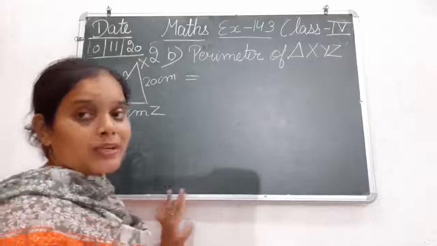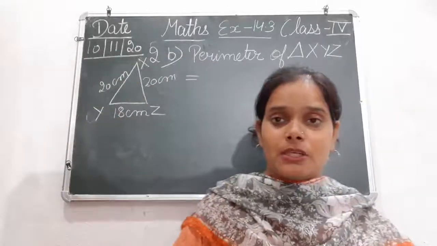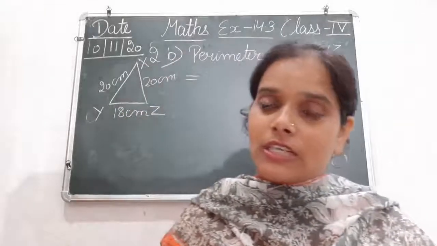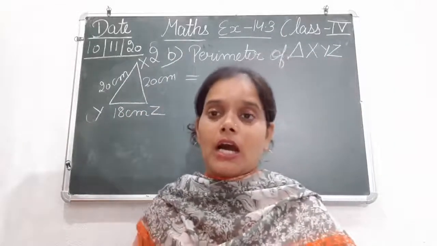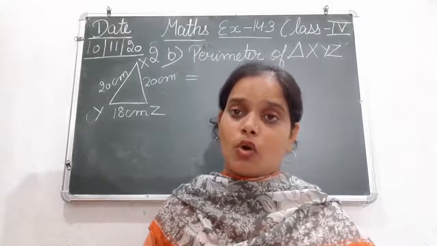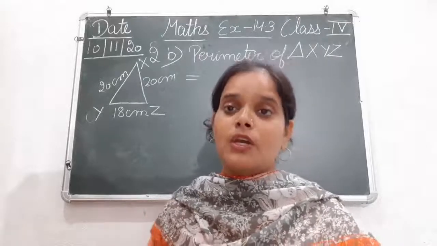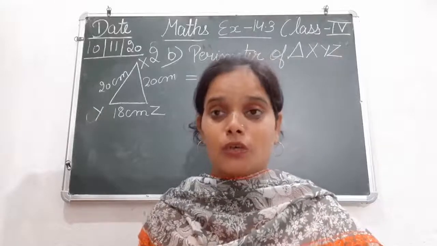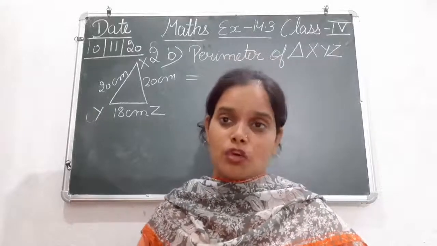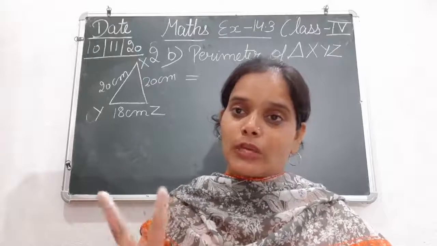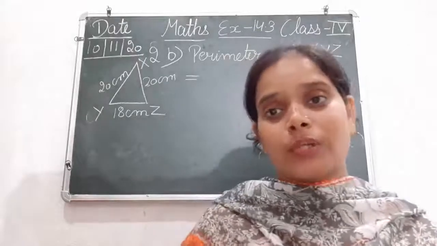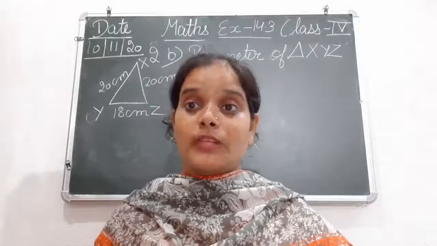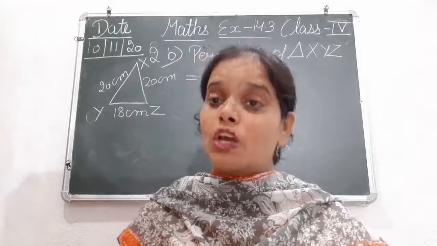So again, what is the formula for calculating the perimeter of a figure? किसी भी फिगर का अगर हमें पैरीमीटर निकालना है तो हम क्या करेंगे? हम उसकी जितनी भी साइड्स हैं, all the sides of the given figure, उसकी साइड्स की जितनी भी लेंथ है, जितनी भी 3 हो 4 हो, देखिए the figure should be a closed figure. So closed figure के लिए 2 lines can't make a closed figure. 3 or more than 3 line segments can make a closed figure.